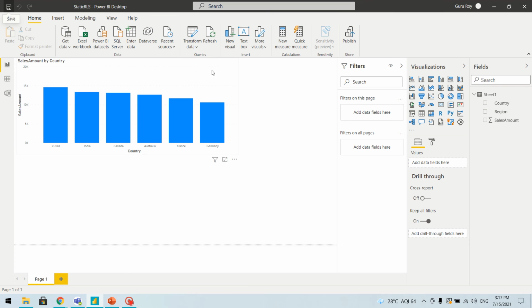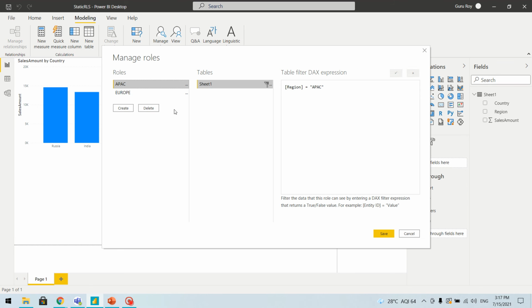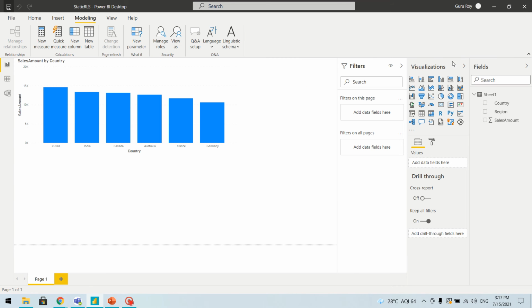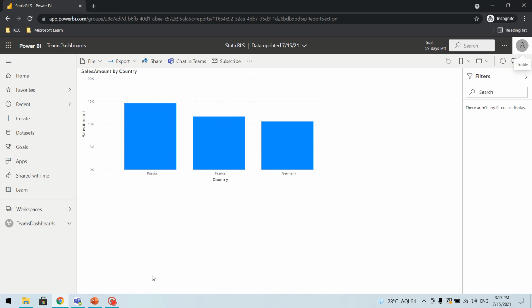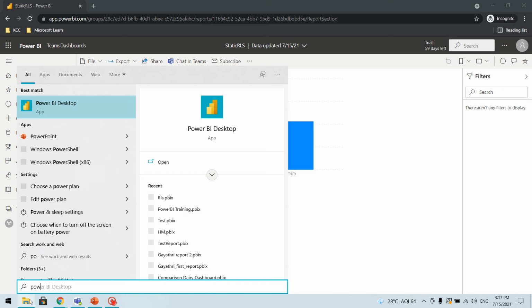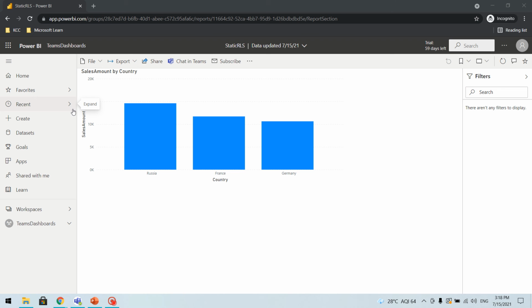Because the roles which we have created, we created those roles here. And then every time we want to add a new role, we'll have to go and add that role here. Instead, what we can do is create dynamic roles, and for that we'll see how we can do it. So let's close this, and we'll try to create a new report in Power BI, which will allow us to do dynamic row level security.